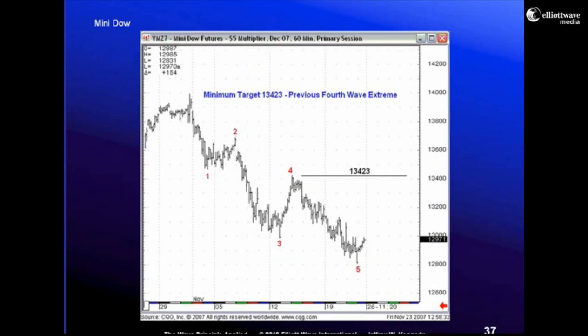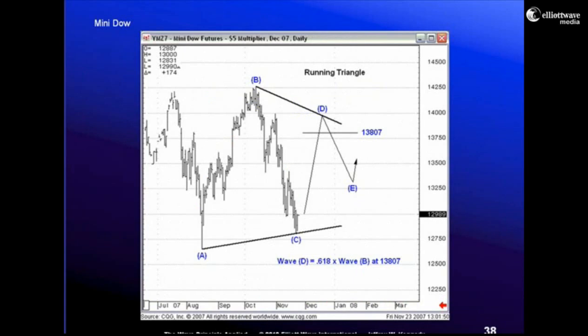If we go back here to the prior slide, I see a 5-wave move down. What do I expect the prices to do? Of course I expect them to move up. I expect them to move up to the previous 4th wave extreme of one lesser degree. Just an Elliott wave guideline with respect to the depth of corrective waves. When viewed in context, I can actually put my objective higher at 1307.